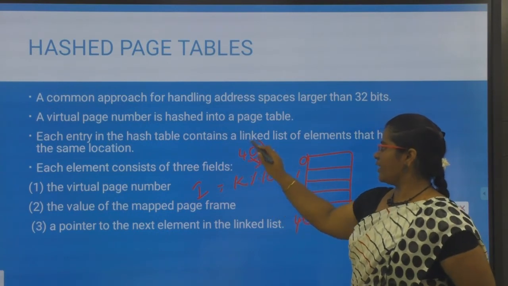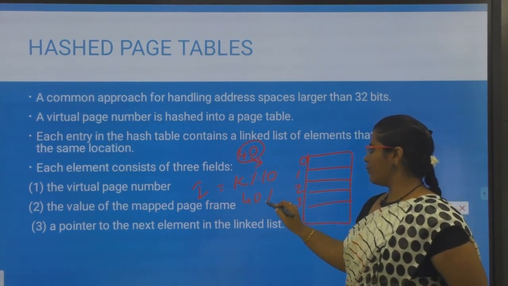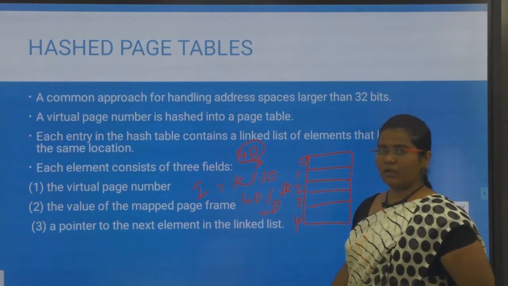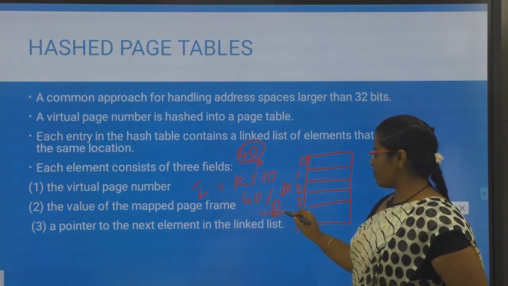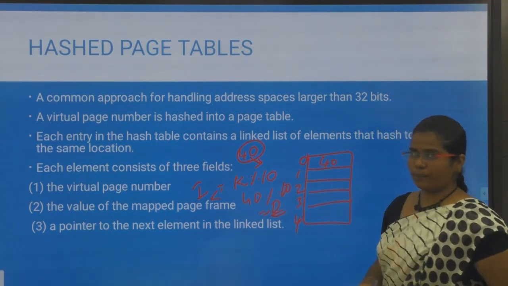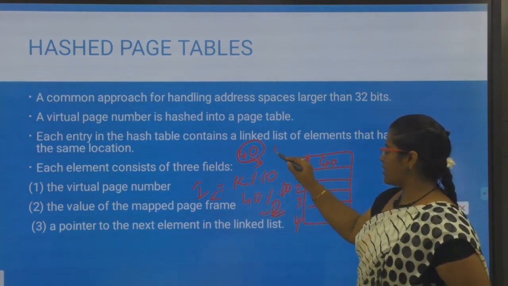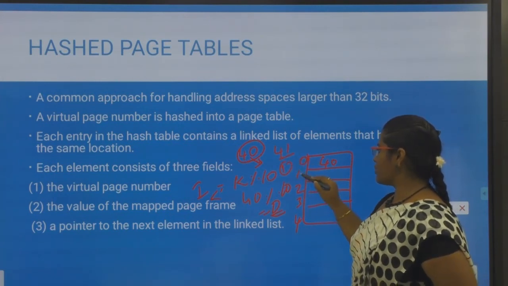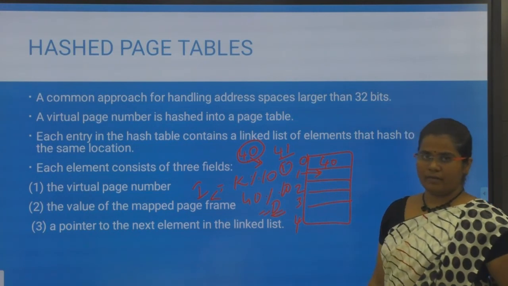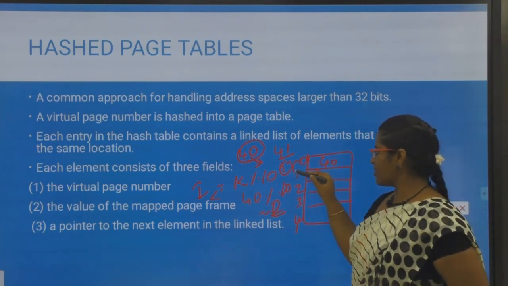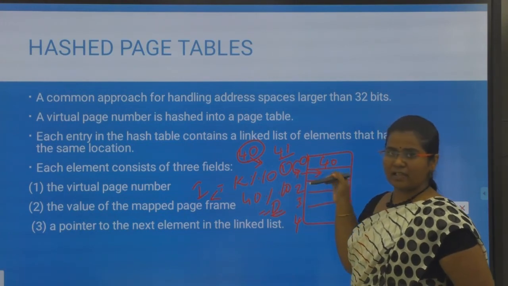So k is my data. So 40 mod 10, I'll have the remainder 0. Since 0 is my index number obtained, I will store this 40 in index 0. Then the next number is 41. If you assume the remainder is 1, I will store it in index 1. So in order to get the next location, I'll store these addresses in a linked list.